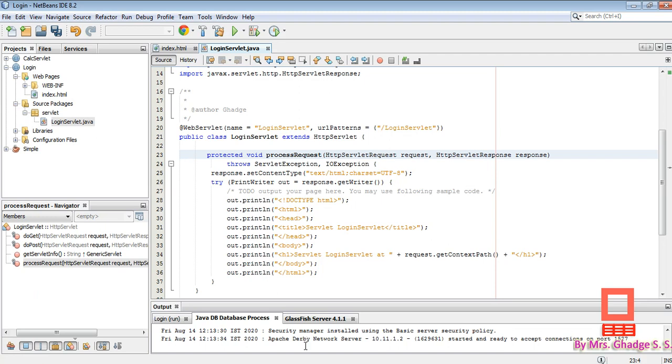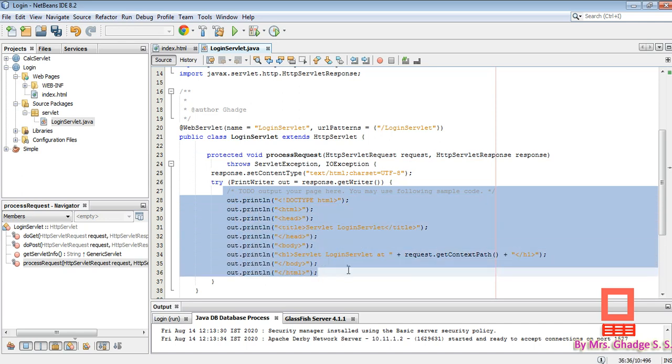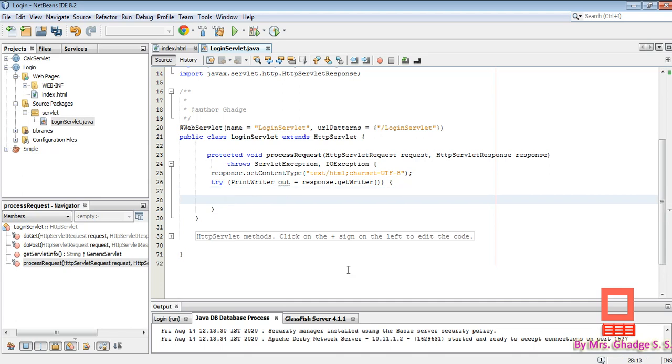In order to write the servlet file, we first have to accept the data which is entered by the user. For that I am going to delete all the lines inside this try, and we are writing code here. The first line is, suppose, String uname, that is we are fetching the username inputted by the user.